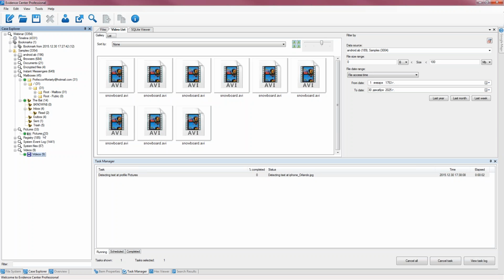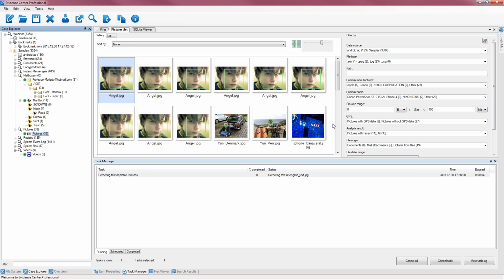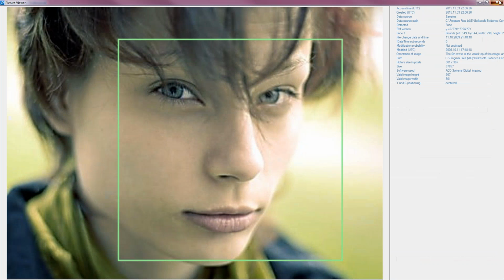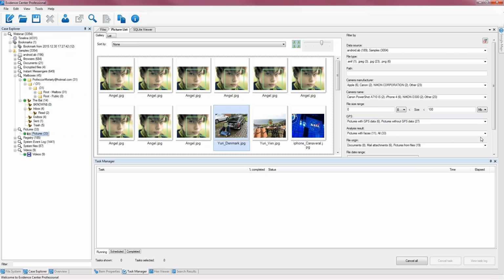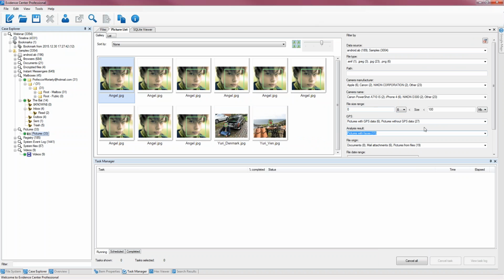Okay, while it still works, let me go back to pictures, and you can see that the girl here got a green box around her face. This is because the face has been detected on this picture, or on this picture. This is me, by the way. And you can do filters here, only pictures with faces. Okay,